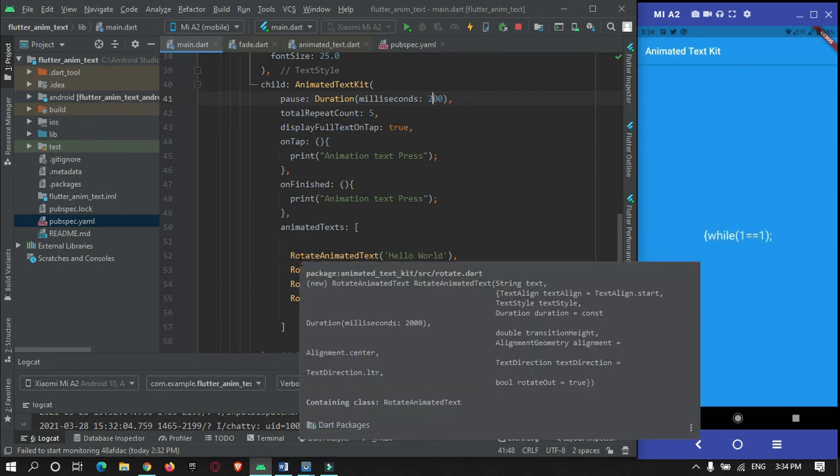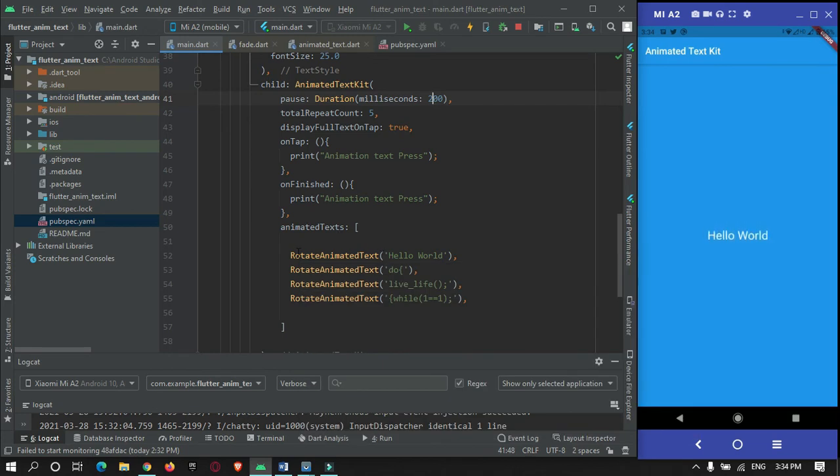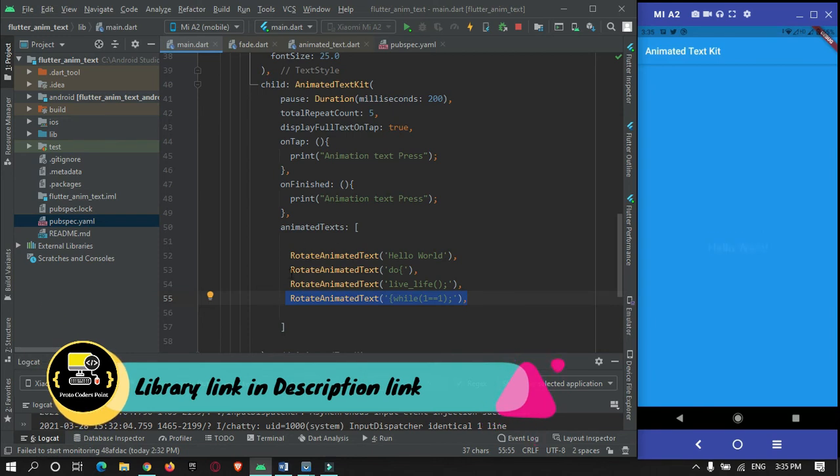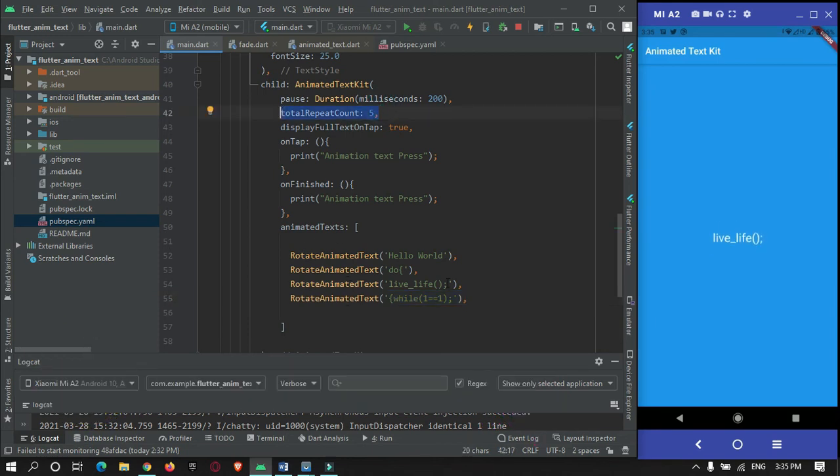It will work in loop order, meaning the first will be displayed and then become invisible, then it will repeat this, go here, go over here, and continue until 5 repetitions. As you can see, this is happening. This is the rotate animation effect.